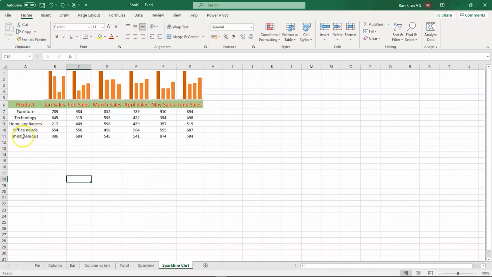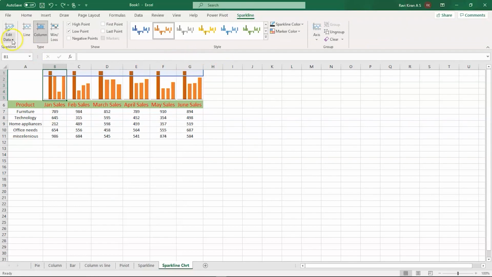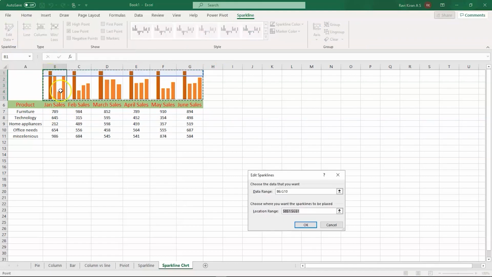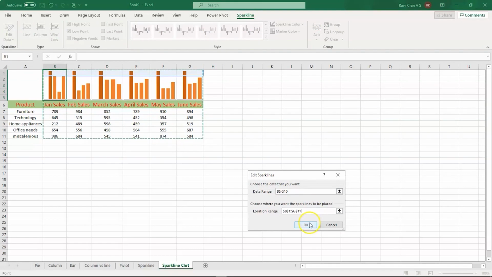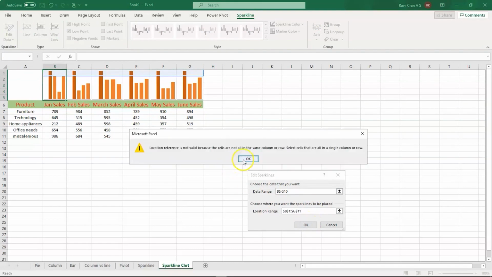So yeah, now we have added the miscellaneous row, and right now we have the Sparkline chart for only 4 rows, that is furniture, technology, home appliances, and office needs, and miscellaneous is missing. Now to add that as well, let's select Sparkline, and inside Sparkline just select edit group location and data, and now let's select the entire data,